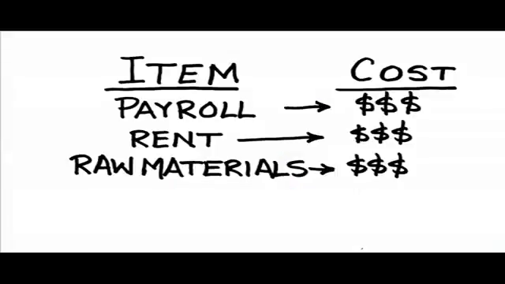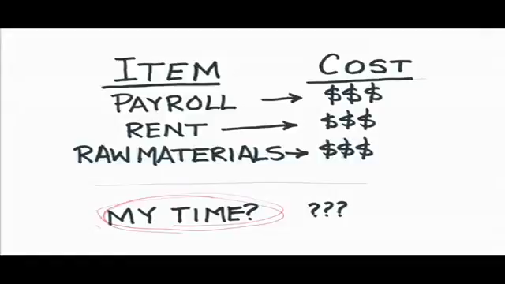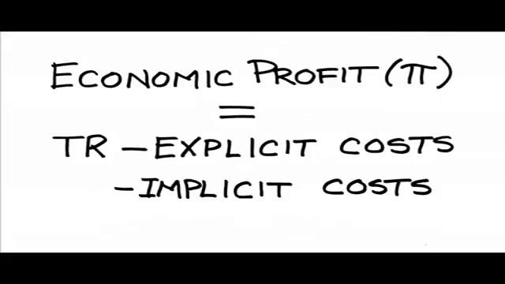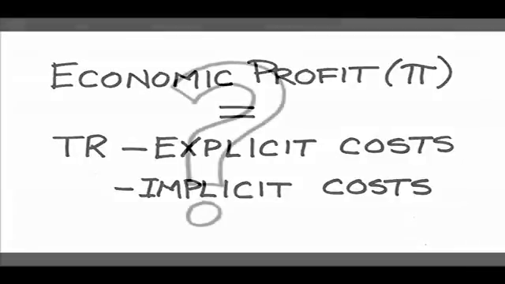Economic costs do, of course, include the explicit or accounting costs, but also the implicit or opportunity costs. So economic costs are both the explicit and the implicit costs. From an economic standpoint, then, profit is going to be the total revenue minus the explicit costs, but then also subtracting the implicit costs. The question you might have is, does this distinction really matter? The answer is yes. Failure to consider the implicit or opportunity costs could lead you to a faulty conclusion in